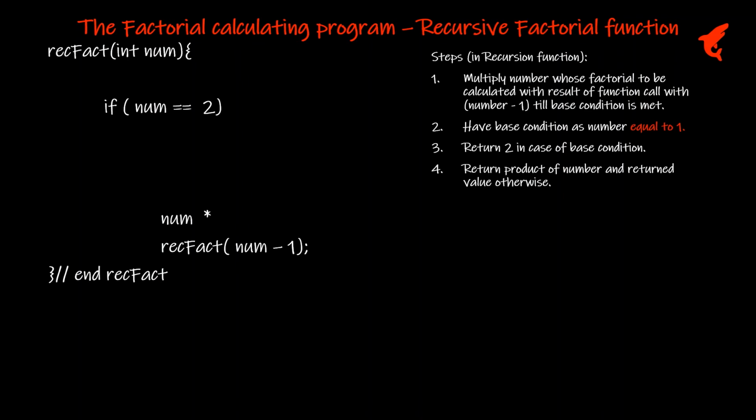So instead of going to 1, we simply stop when the value of num is 2, and then we return the value to the previous function call. So return value 2. That is what is written, right? And if this condition is not true, we have to also return a value, and therefore one more return statement, and here we are going to return the product of num into the return value of the rectfact function call.